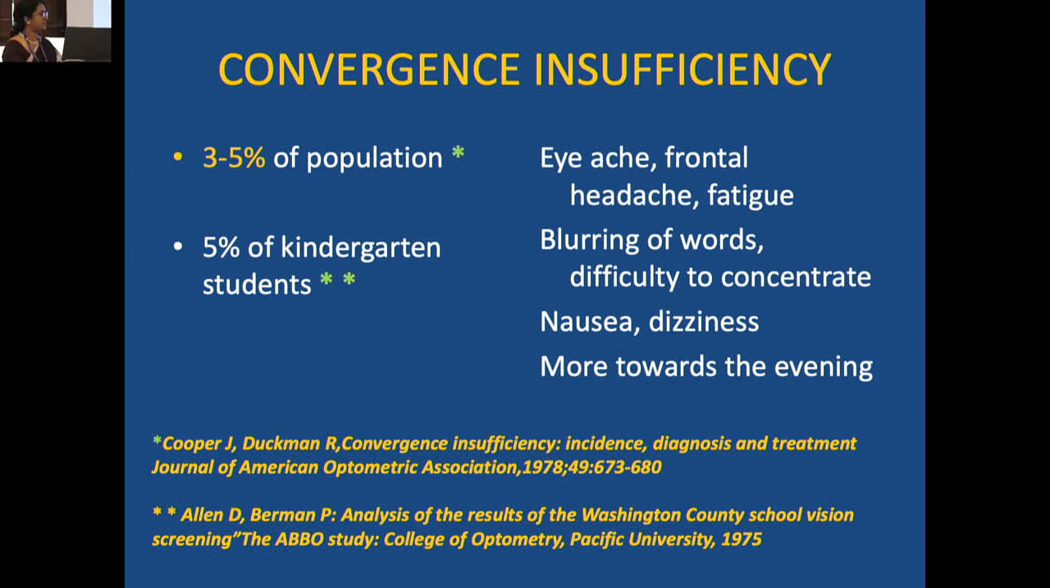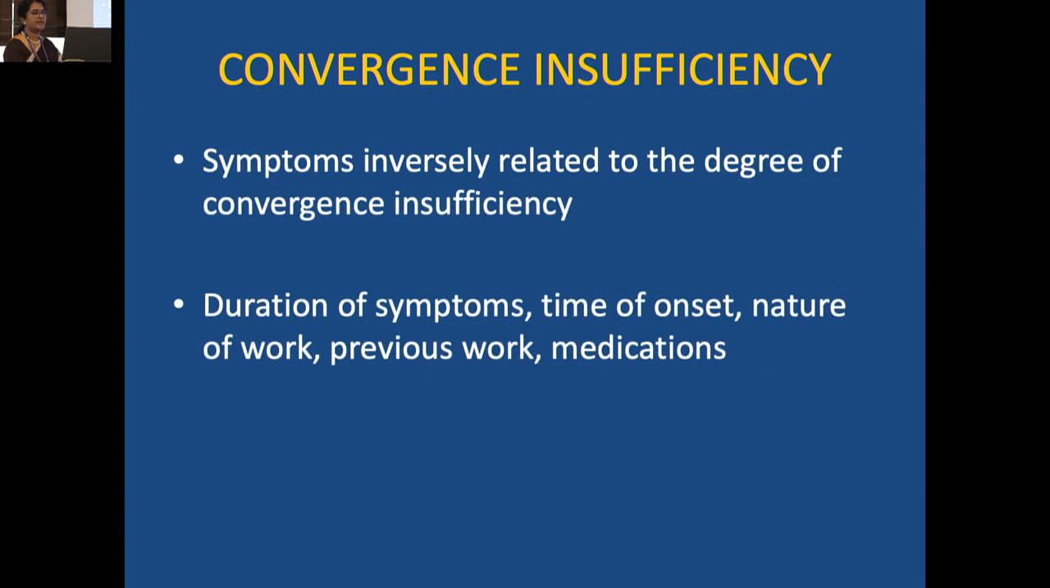It is quite prevalent. There are studies which say 3 to 5% of the population, 5% of kindergarten students, do have convergence insufficiency. And as I told, they present with eye ache, frontal headache, fatigue, blurring of words, difficulty to concentrate, even nausea, dizziness, and more towards the evening, because throughout the day we are using our convergence reserves, and all these symptoms usually appear towards the evening. So this is also an important question which you can ask the child, what is the timing of the headache like. And symptoms are inversely related to the degree of convergence insufficiency, which means if the child has a large